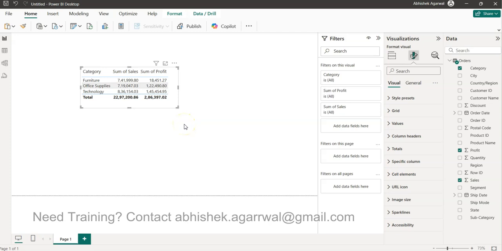Hello and welcome to the new Power BI tutorial video, and in this video I want to show you one quick tip and trick, which is removing this blue line or changing this blue line to whatever color you desire. Whenever you are creating any new table visual, you have seen that this blue line comes by default,